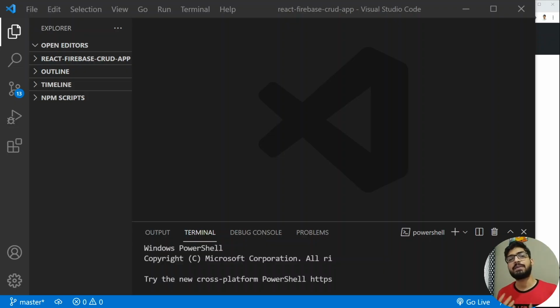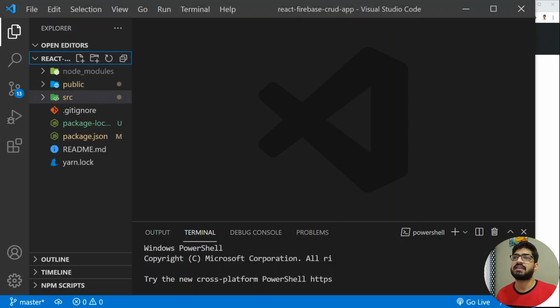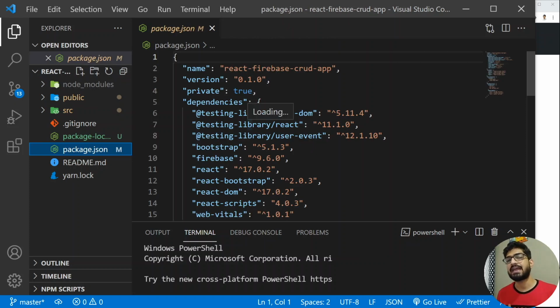Alright guys, so I have already bootstrapped my React application, and if you want to bootstrap your React application, you can use npx create-react-app and the name of your application. Let me give you a quick walkthrough of the code that I have at the moment. So this is our application, and if I expand this, we have the source folder and the public folder. And if we go to the package.json, we have all the dependencies that I have already added